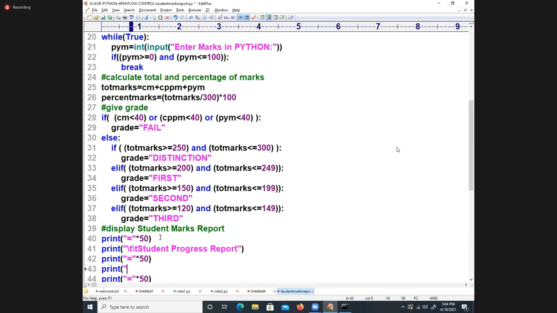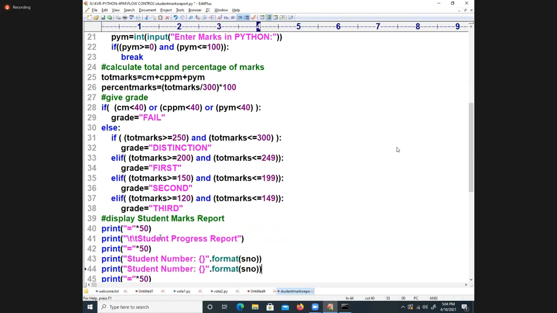Print. I am writing here student number. Student number. So I'm writing there dot format of SNO, which we got already. Next I will write student name.